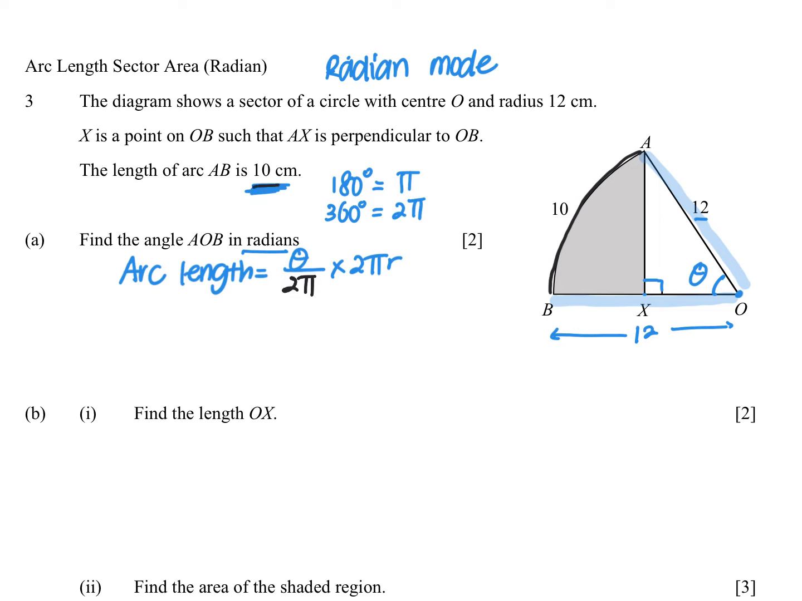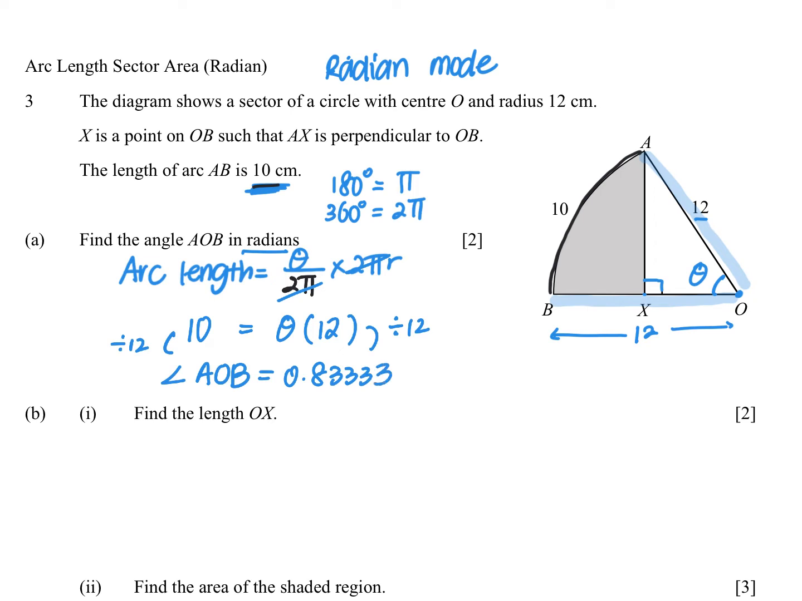Now let's put in all the numbers. The arc length is 10, so this is 10. We cancel away the 2 pi with this 2 pi, and we are left with our radius. The radius is given to be 12. How do I find the answer? I just need to divide both sides by 12. So the angle AOB is 10 divided by 12, since I'm dividing both sides by 12. This gives me 5 over 6, or rather